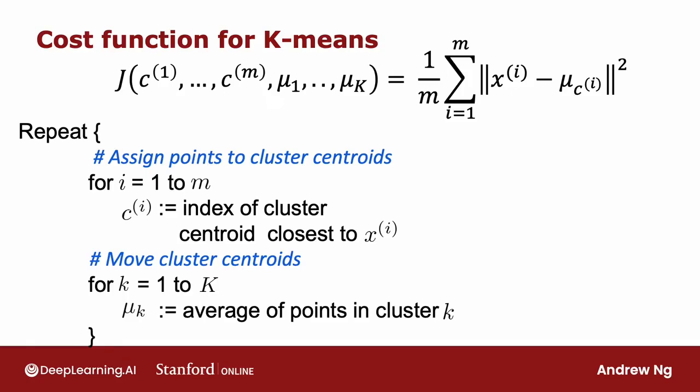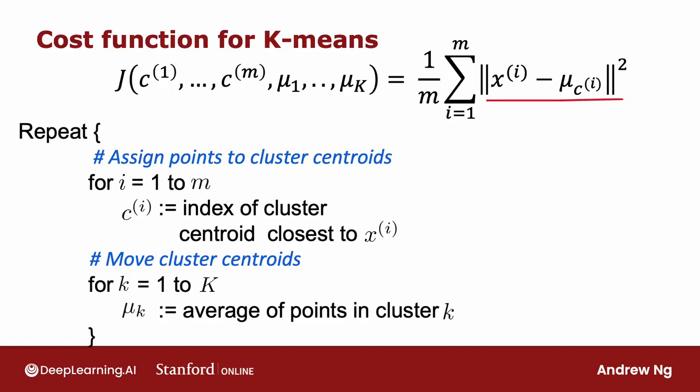Let's take a look at why this is the case. During the first step, if you want to choose the values of C1 through Cm, or say a particular value of Ci, to try to minimize this, what would make Xi minus mu Ci as small as possible? This is the distance, or the square distance, between a training example Xi and the location of the cluster centroid to which it's been assigned. So if you want to minimize this distance, or this square distance, what you should do is assign Xi to